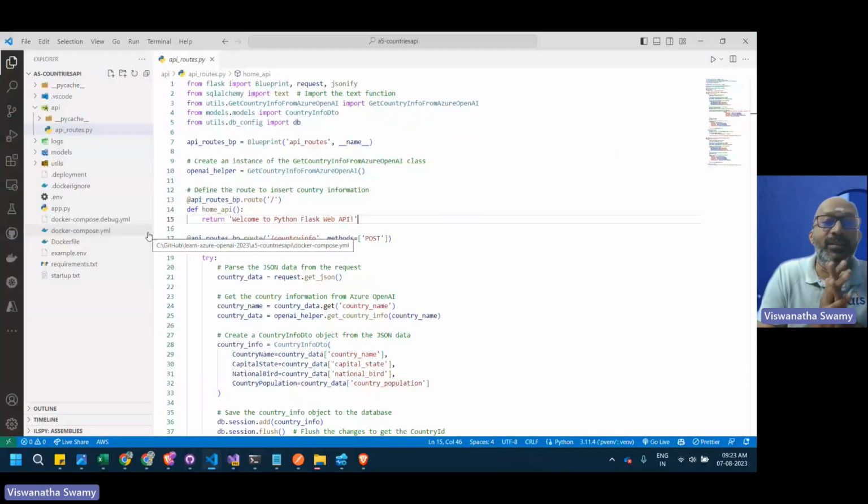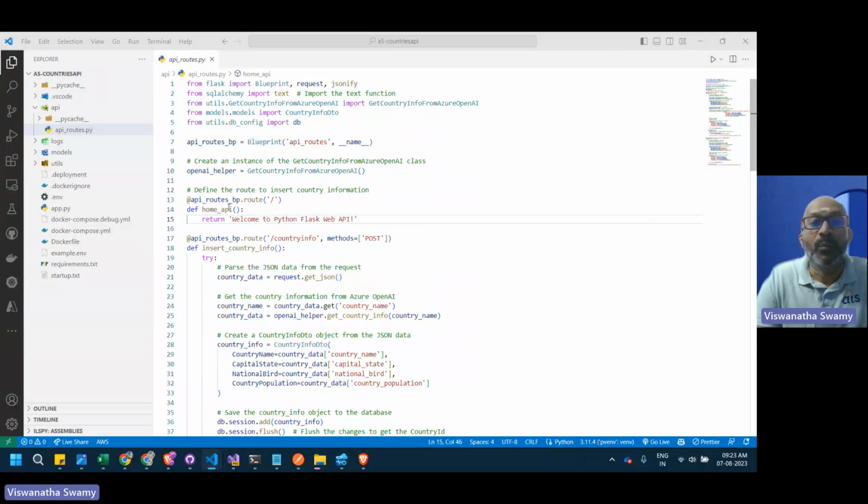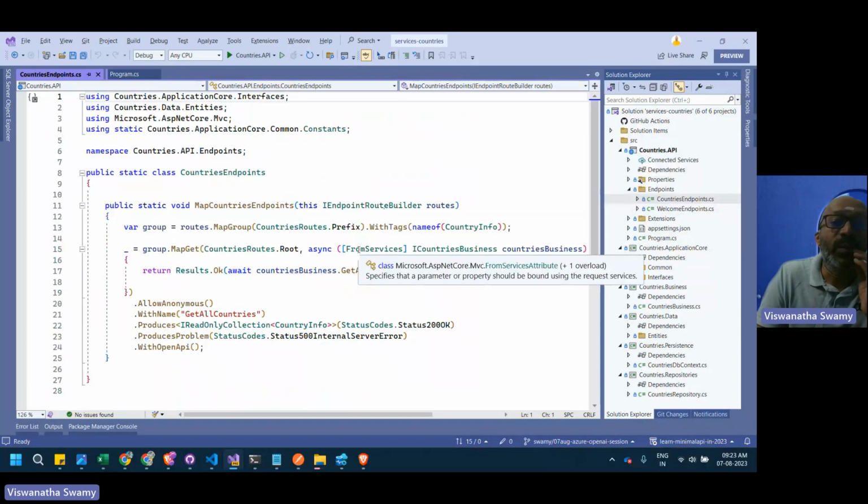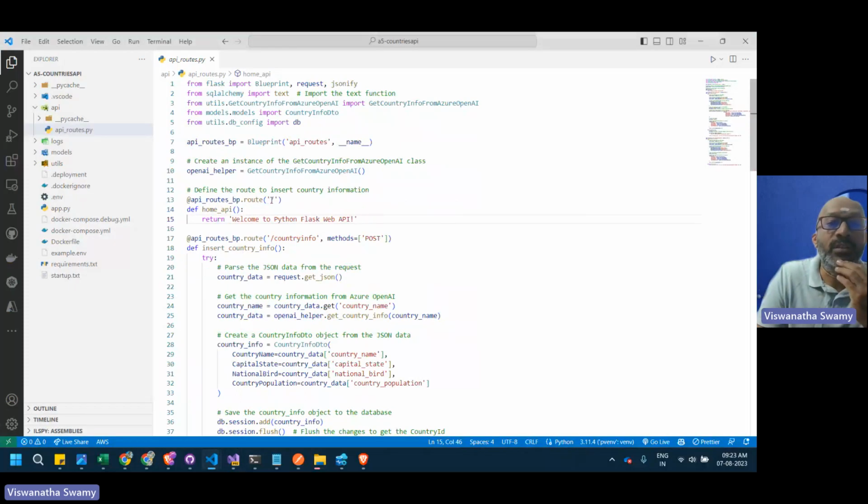Basically, I'm from the C# and .NET world, now learning a few other things. So I can correlate the same thing: the API routes blueprint is pretty similar to the route builder where we group all these routes. So here also we are grouping these routes. This is the route and this is the country info. I should have done a better job, because tomorrow we might get states, and those routes will go in a separate file and should have a separate grouping with a prefix. So I'll do that